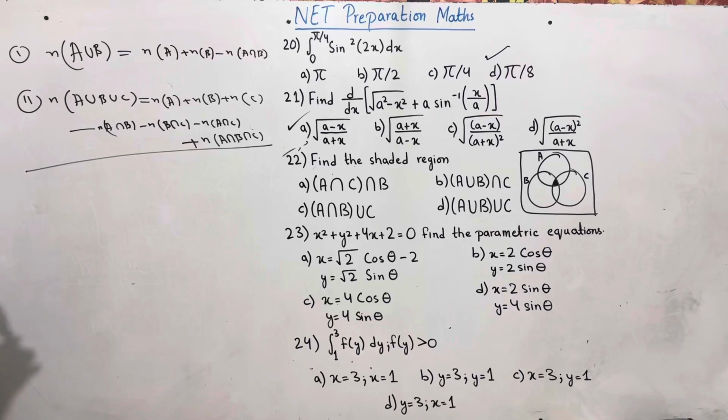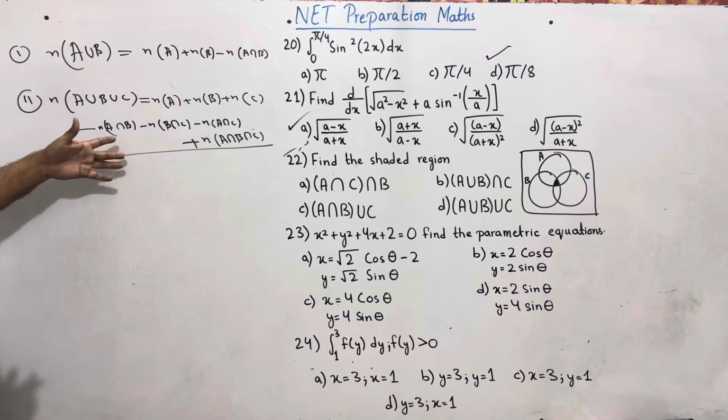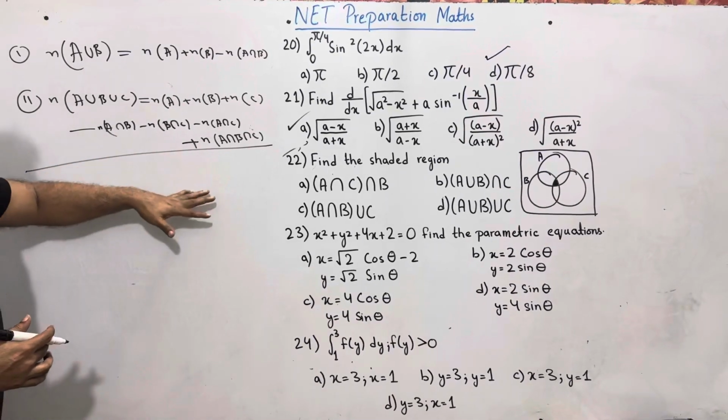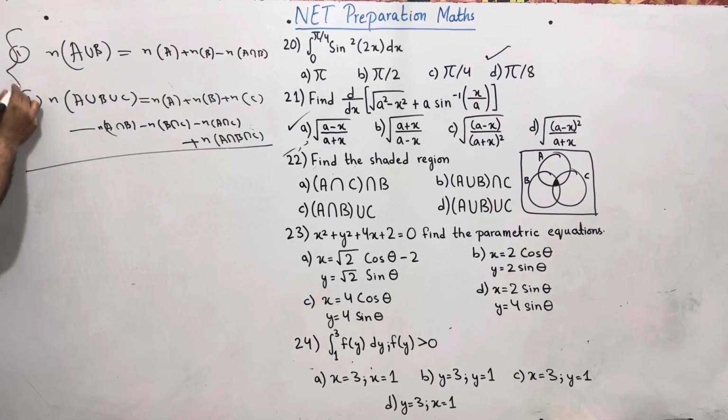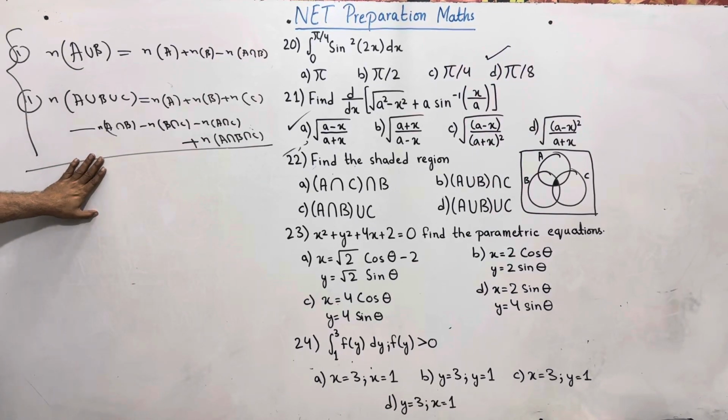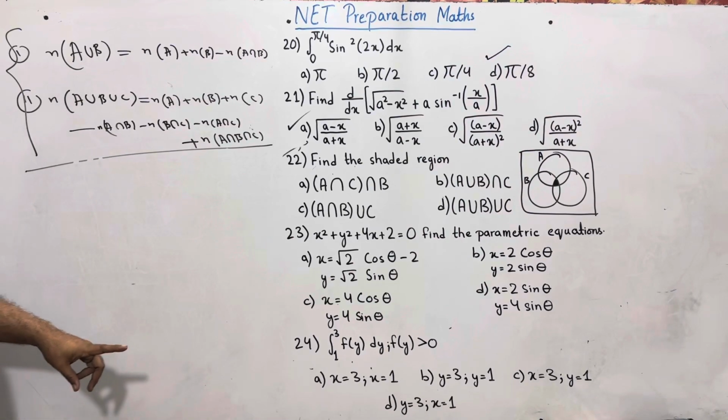Three sets: how to find the number having in both A and B, in BC, in AC, or in all. That is the application of sets theory, the number of elements in A, B, and C in real life. Moving towards the next question, we have